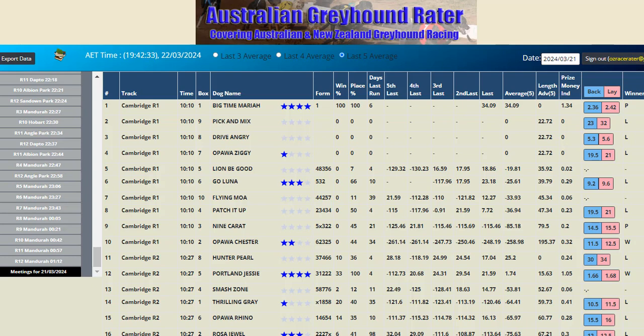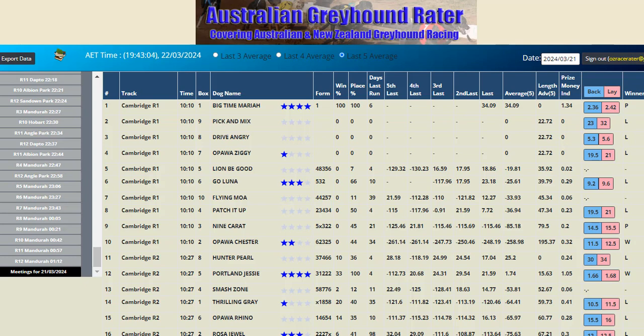It does Australia and New Zealand greyhound racing, and thanks to a good client of ours, who suggested that we add some more criteria to it to make it even more powerful than what it is. On the 29th of February, being a leap year, we had one extra day. So on that extra day, we created these new improvements that were asked for by David. And they've made a big difference, especially if you're looking at researching the Australian greyhounds and want to build your